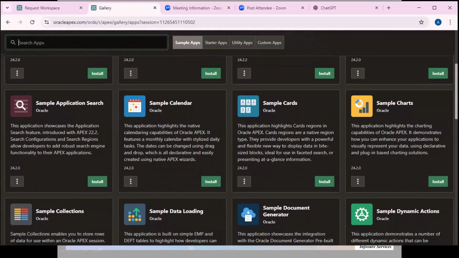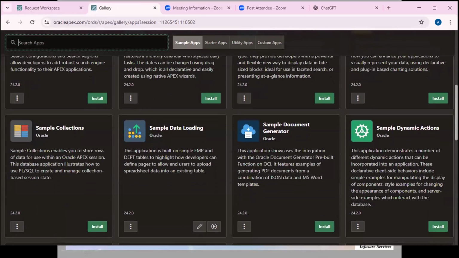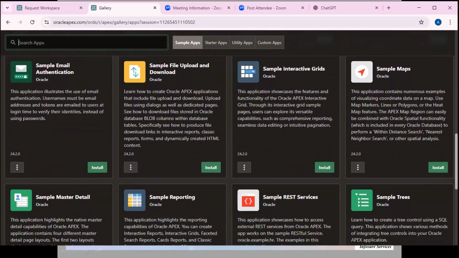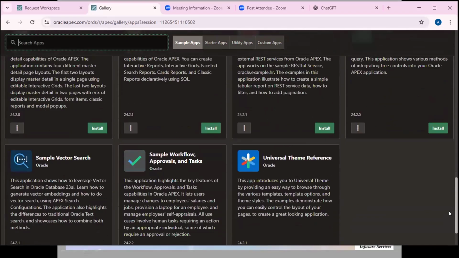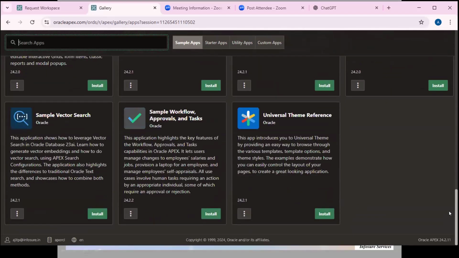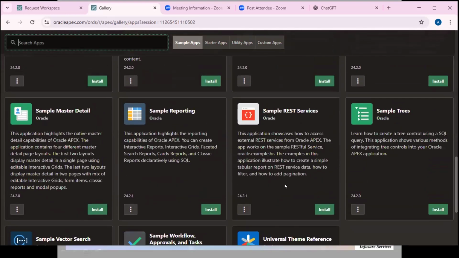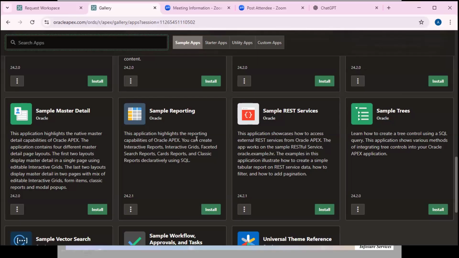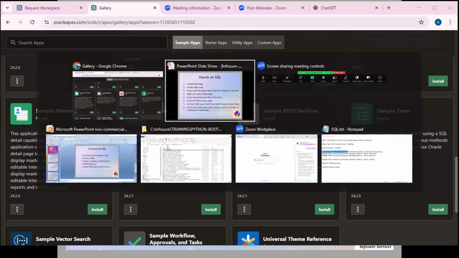And here are some types of Apex projects. These are okay. So vector search, sample reporting. If you click install, it will allow you to build, and what it builds is what it says here: you can create interactive reports, grids, faceted reports, and all that. Before you go to this, I'll have to tell you about the data,